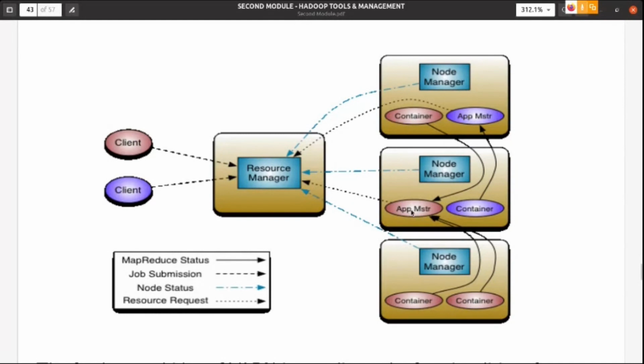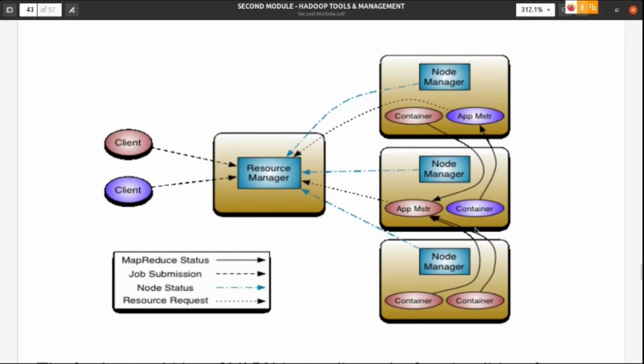This application master will monitor everything happening in these containers, under the control of the node managers. If more resources are requested, it will communicate with the resource manager and ask for resources. If available, the scheduler will schedule that resource, and then the application master can start that container with the help of the node manager.